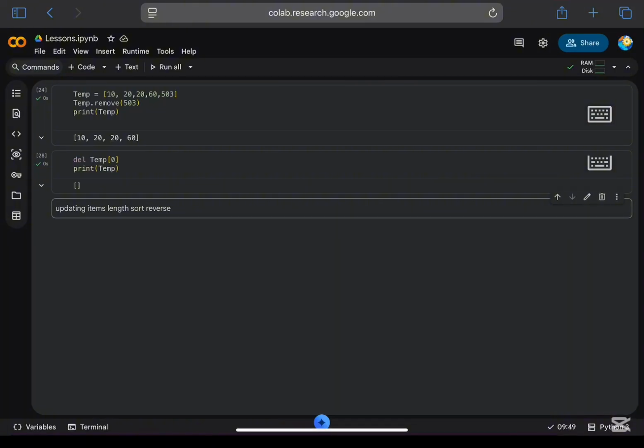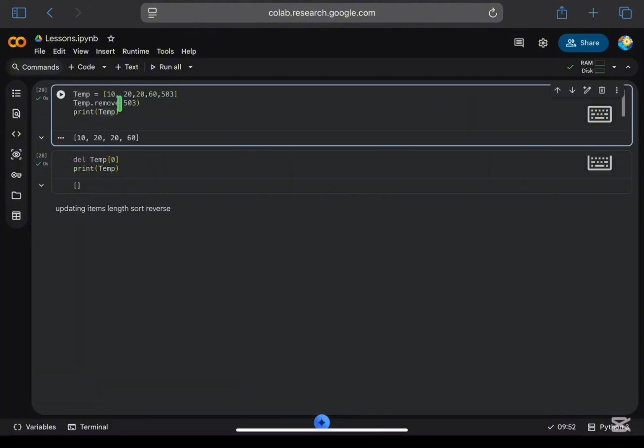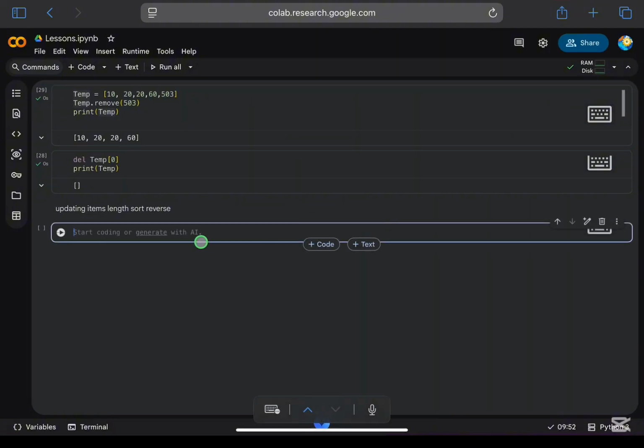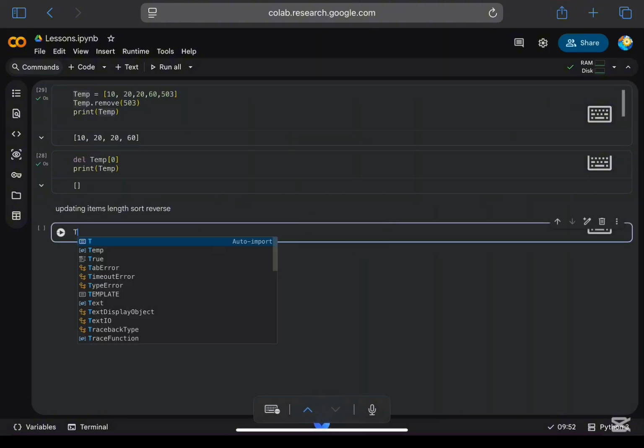So let me look at the temperature list again. Let me run this. I ran this one now, and this is my current one. I'm not running this now, so that I just want to have temp as it is, right? I want temp without being tampered with. The temperature one,